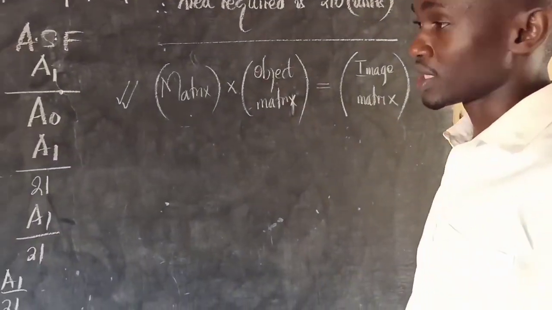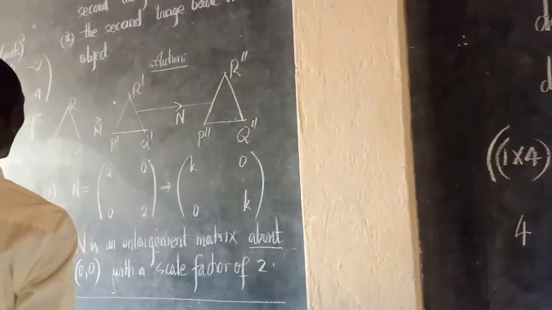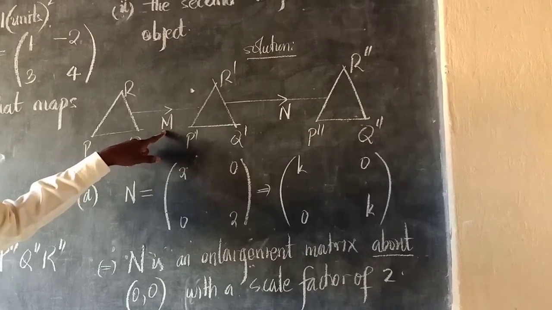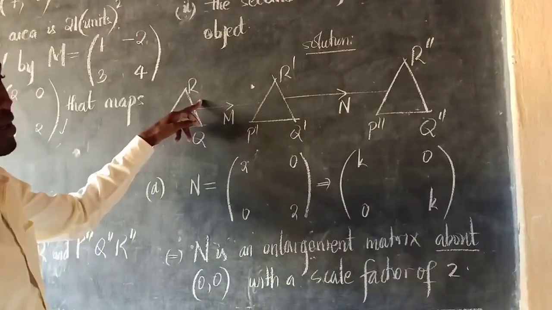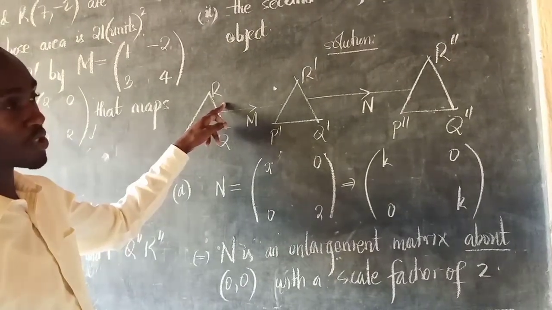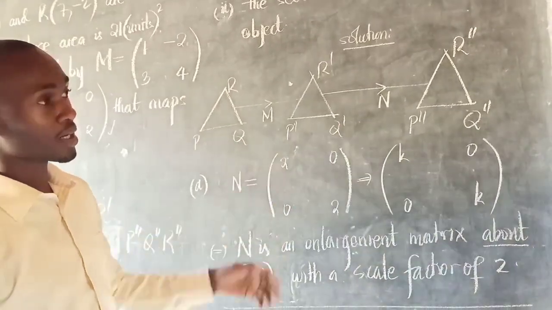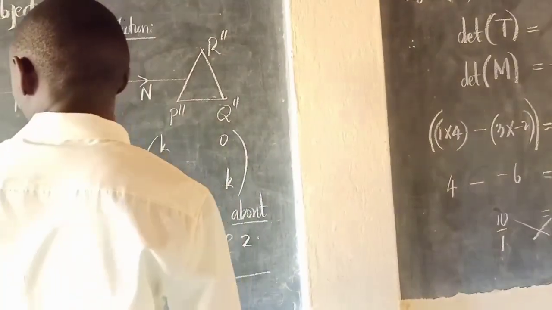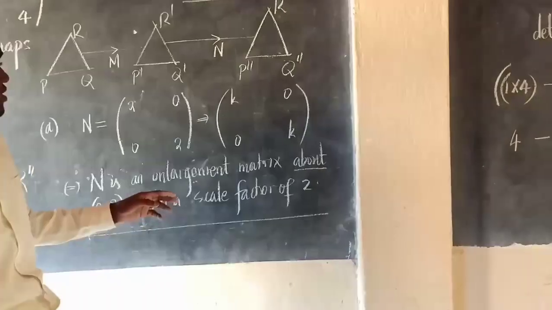So the concept here is when you want to get the first image, the matrix will be N. The object coordinates will be the coordinates of P, Q, and R, following the previous parts. I'm very sure with the discussions I had with you in the previous parts, you can handle how to get these images. Similarly, when looking for the coordinates of the second image, now it's where I always emphasize, to get